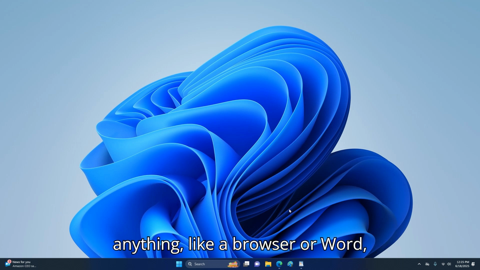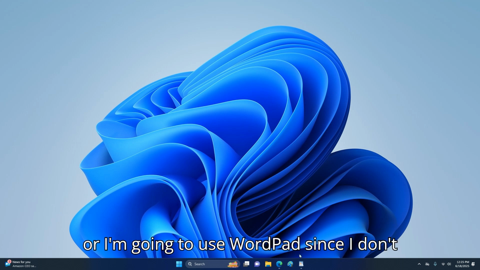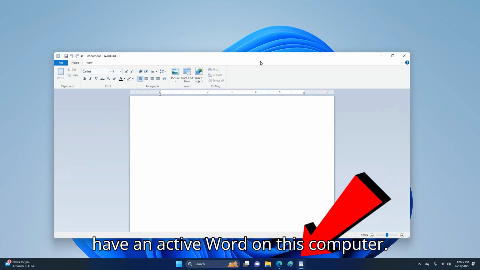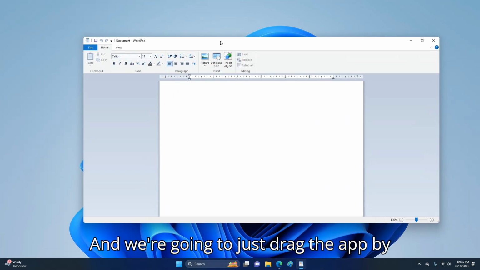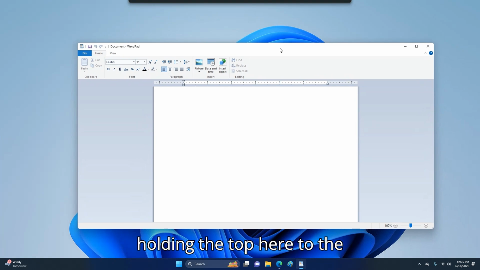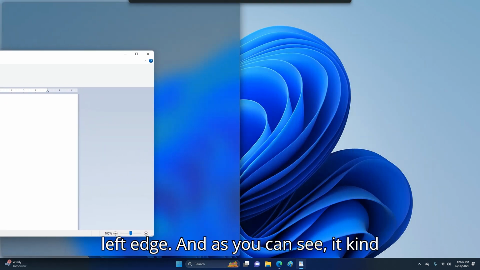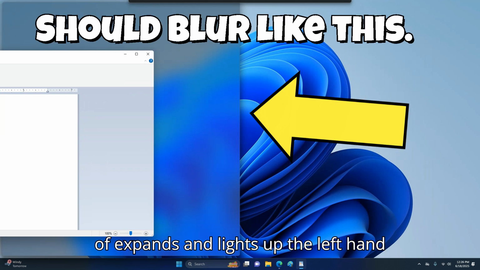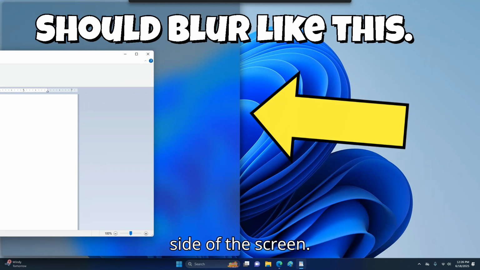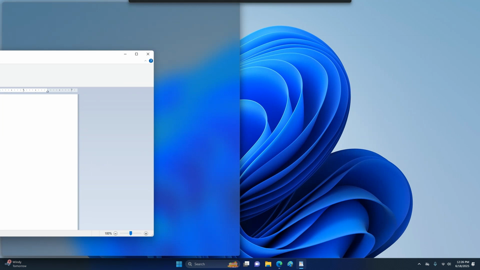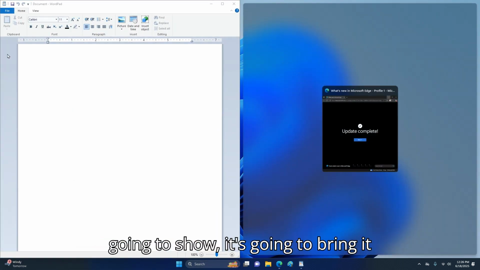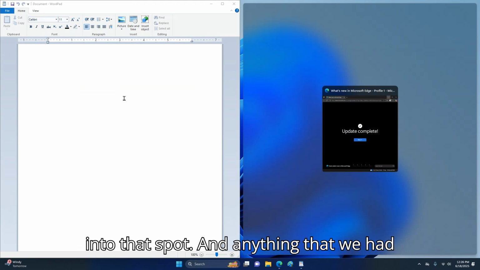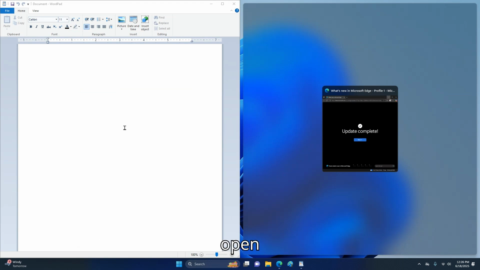It could be anything, like a browser or Word, or I'm going to use WordPad since I don't have an active Word on this computer. And we're going to just drag the app by holding the top here to the left edge, and as you can see, it kind of expands and lights up the left hand side of the screen. And we're just going to release, and it's going to bring it into that spot, and anything that we had open